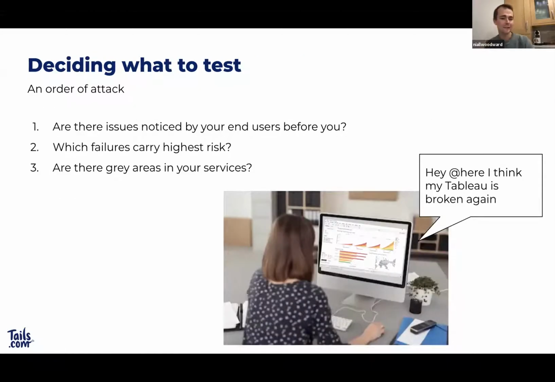So this kind of leads us on to how do we decide what we wanted to test? Once all of the team were able to add their validations and their expectations, where do you start? There was probably a reason that you came to Great Expectations in the first place, and there certainly was for us. The main thing for us was that when end users notice that there's something wrong with data, or data missing, or the latency is bad, that's really bad for trust, because people start wondering whether the data is safe all the time,